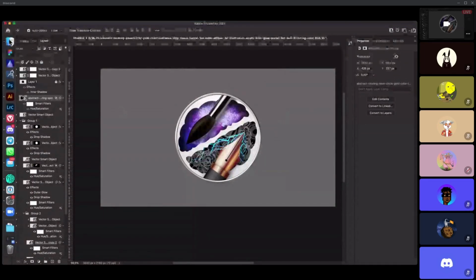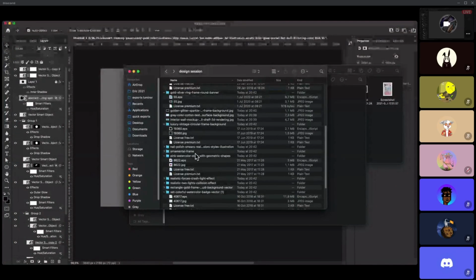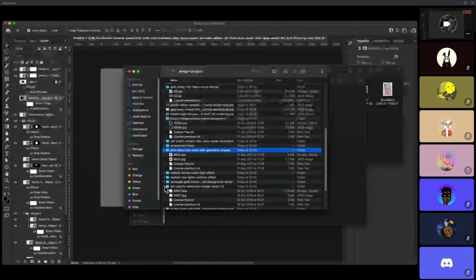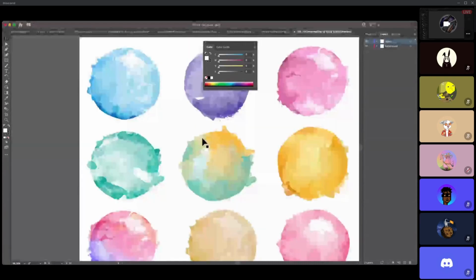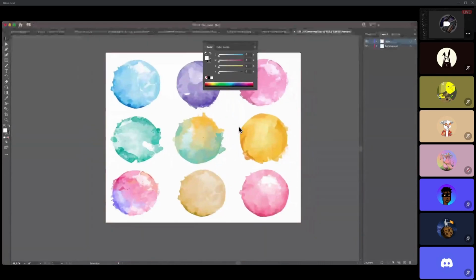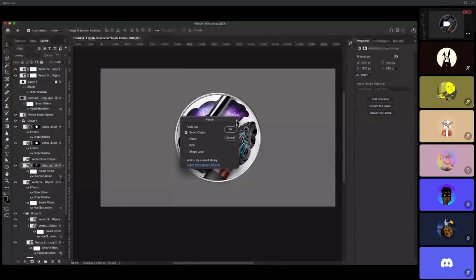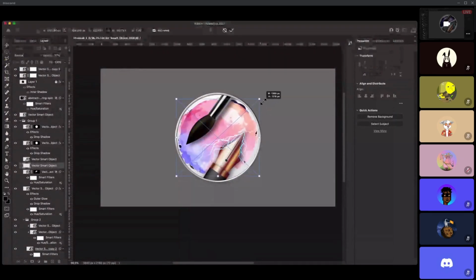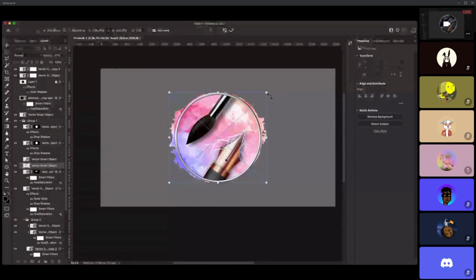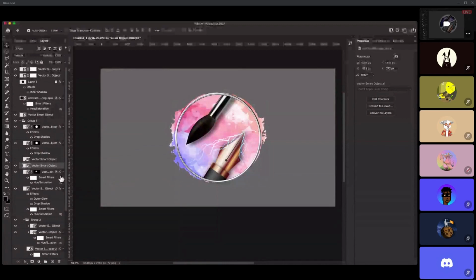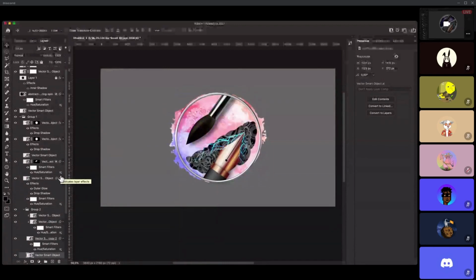Let me find some other textures that I have prepared for coloring up the parts of the inner frame. This was the watercolor pattern that I was looking at. So I really like the yellow because it goes nicely with everything, but having two colors like this also goes better because we have duality here, and maybe this might work better. So I just drop it here. And I start moving it under all the layers.